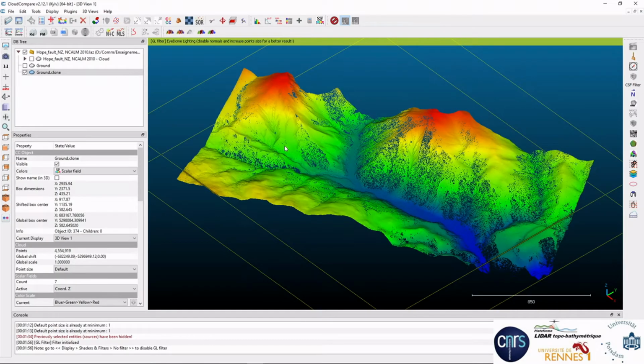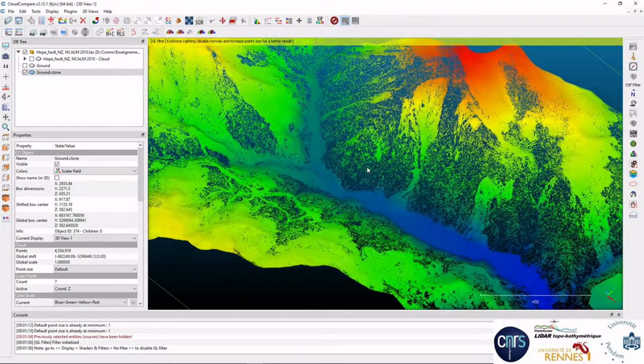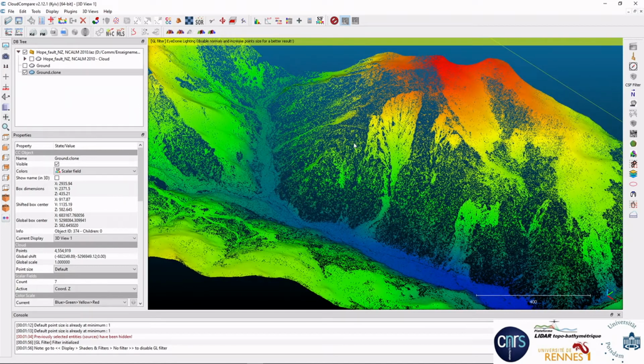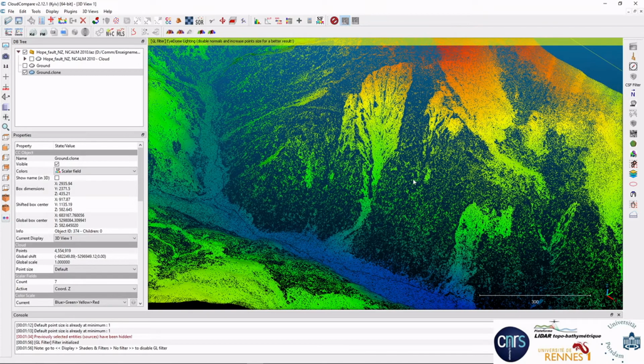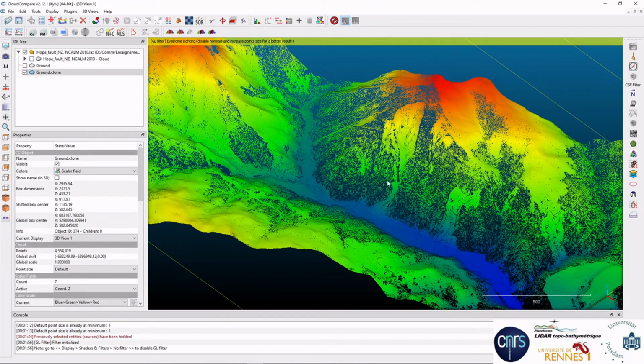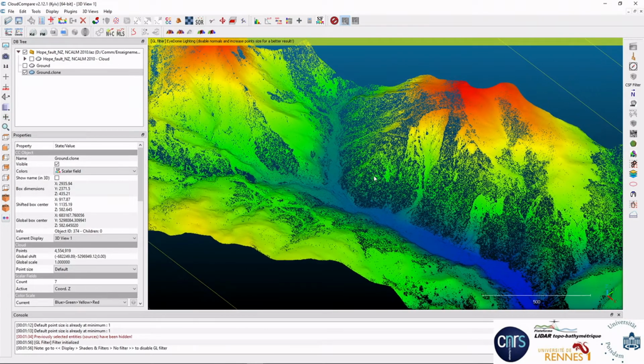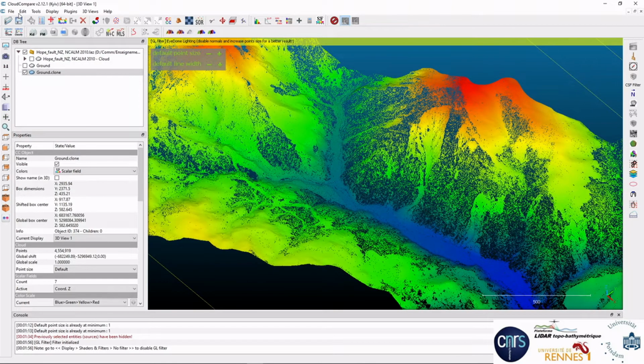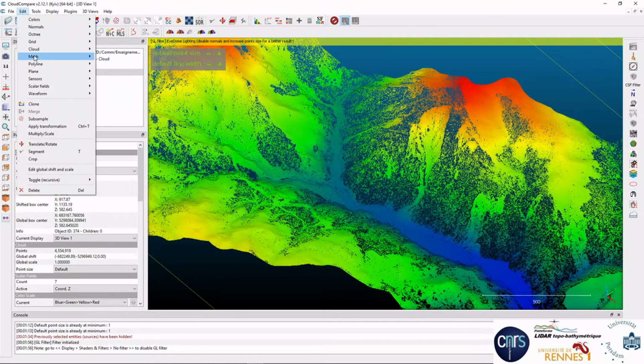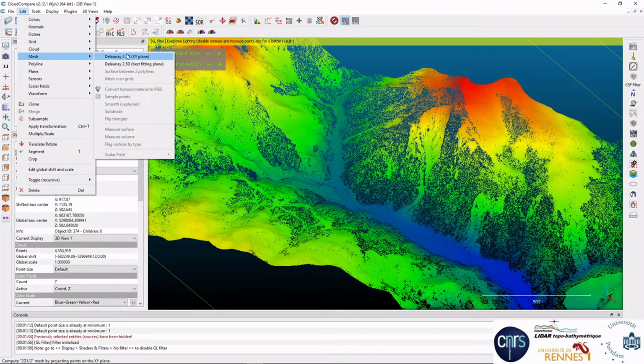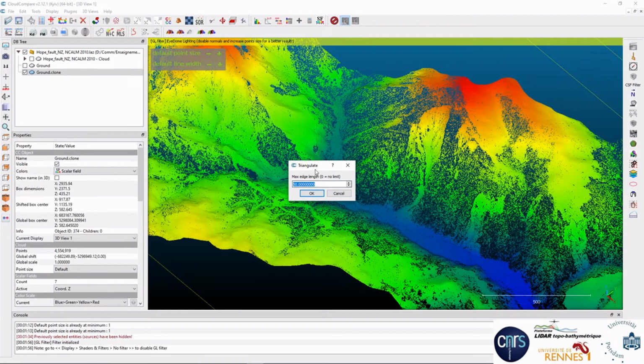Back to our task data, I have isolated the ground points, and as you've seen in the previous video on rasterization, we really have a lot of sparse points. We don't have a lot of points below the vegetation. So if we want to have a better view and fill the gaps between these points, meshing is a solution. To do that, Cloud Compare has a simple module which is a Delaunay triangulation. You can just press this function.